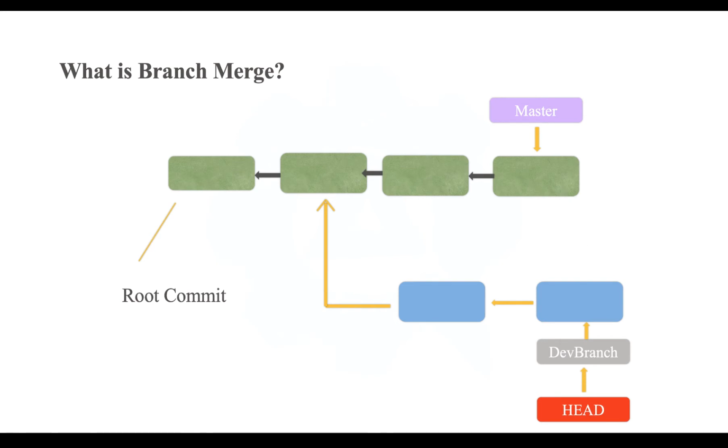This kind of activity is called merging. We'll talk about different kinds of merge in future, but merging different branches means combining the changes from one branch into another branch. In this case, we can talk about merging the changes from the dev branch to the master branch. After the merge has happened, all the changes from this branch will be merged into the main branch, that is the receiving branch here. So that's all about what a branch merge is and why exactly we need a merge in Git.